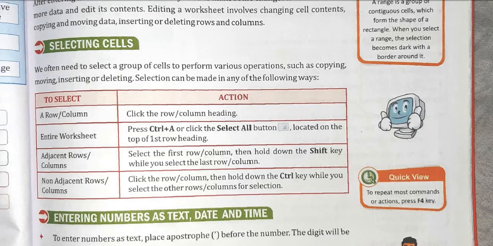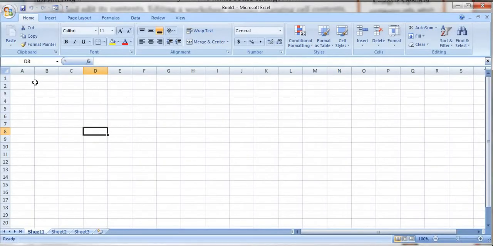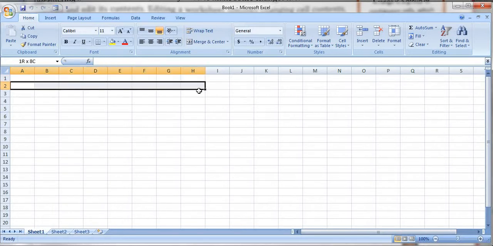Now next, adjacent rows or columns. Select the first row or column, then hold down the shift key while you select the last row or column. See, suppose this has been selected, and then I press the shift key, and like this adjacent rows can be selected.